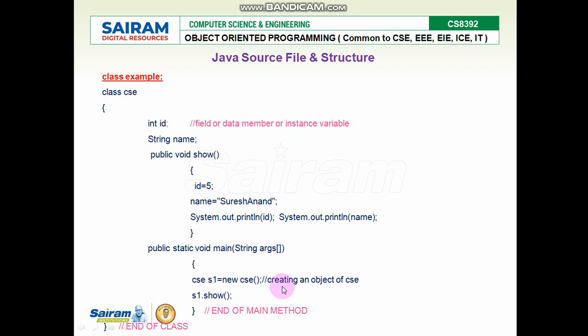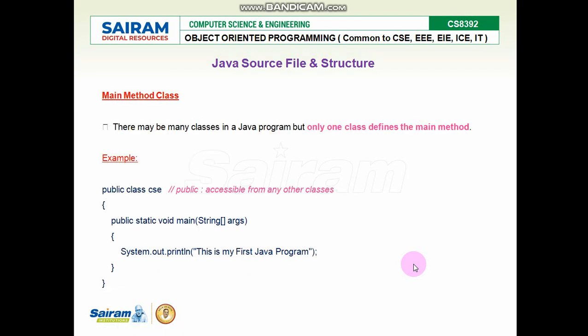That's it. Next section is main method class, the last section in the Java source file structure. There may be many classes in a Java program, but only one class must define the main method.